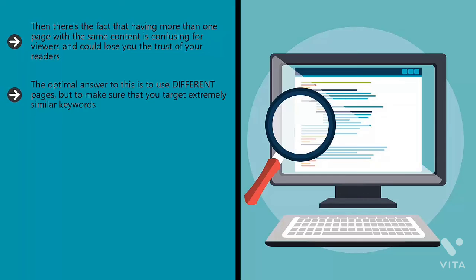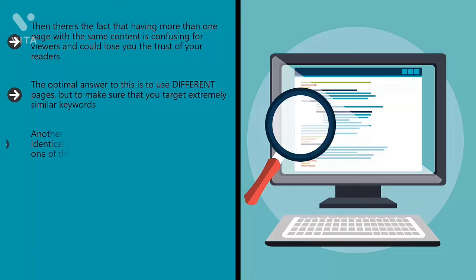The optimal answer to this is to use different pages, but to make sure that you target extremely similar keywords. Use a keyword research tool like KW Finder, www.kwfinder.com, and then target keywords that have similar search volumes and similar KD, keyword difficulty ratings. When you do this, you can try different techniques on similar pages with similar objectives and see which one comes